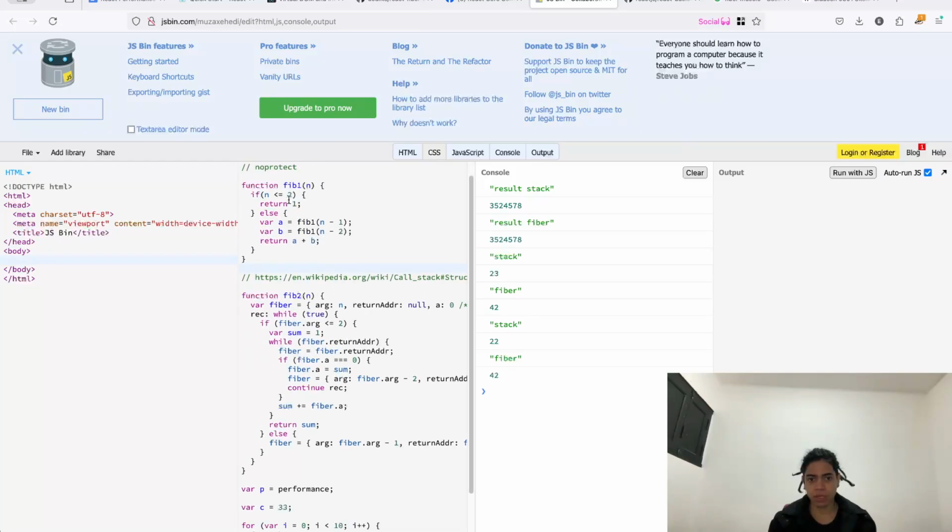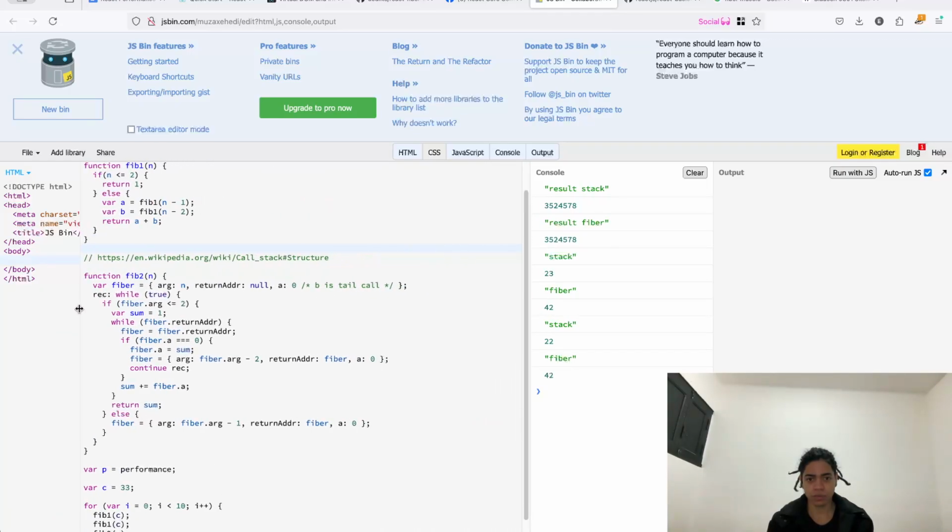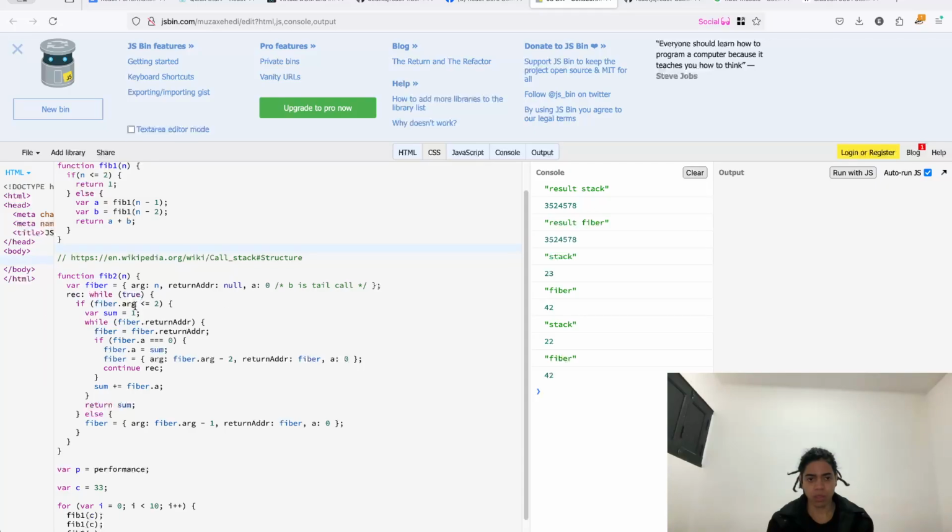Because here you are relying on the call stack. That's one of the reasons why they're using recursion. It all started with recursion. And now, how does recursion work here with the fiber? It is using an object, a0 and b is the tail call, and while true, using this iterative